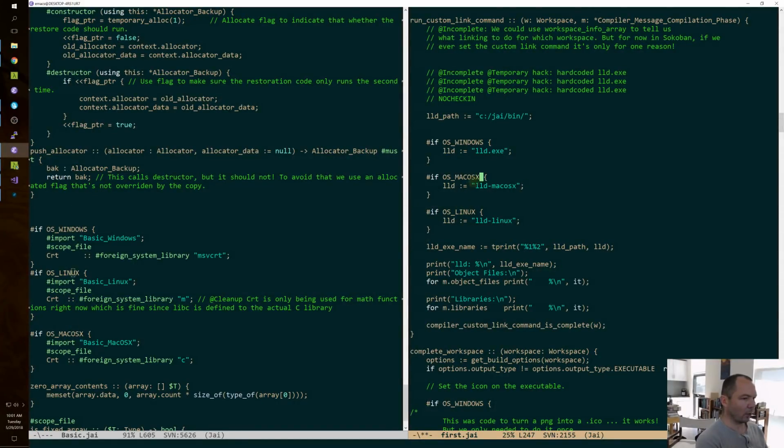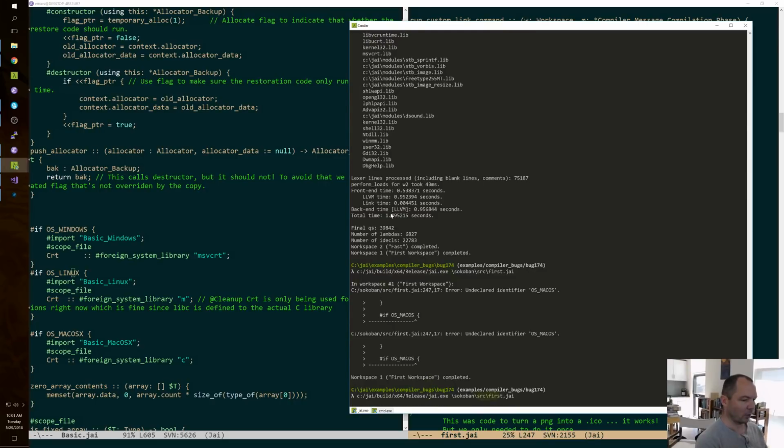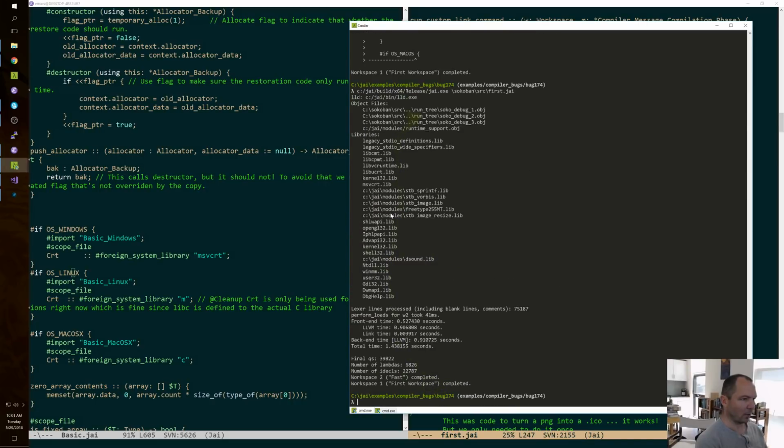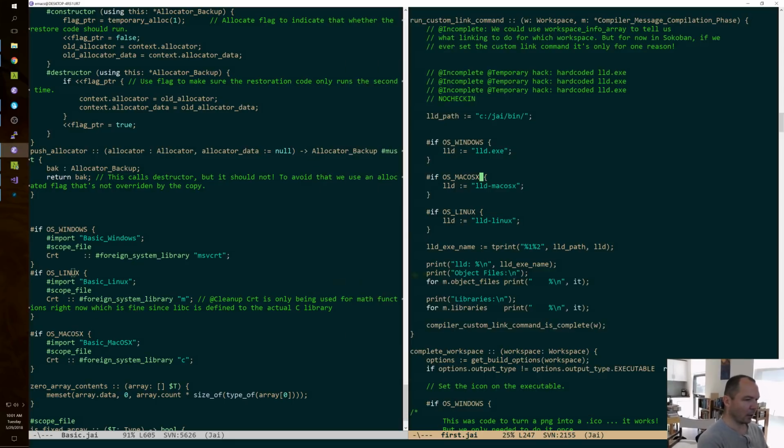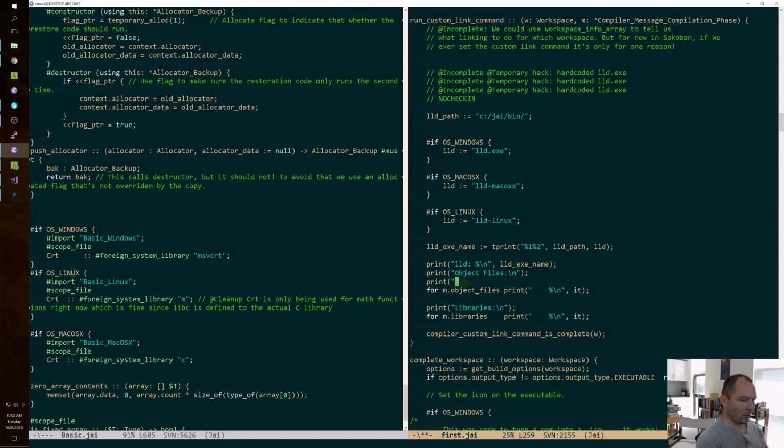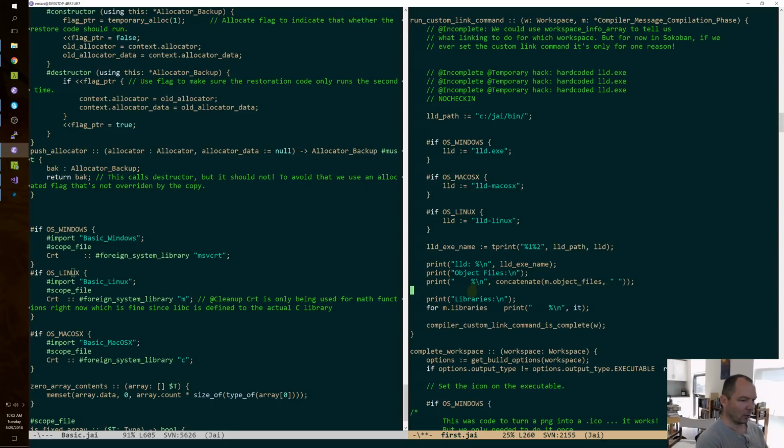OS macOS, because it's OS macOS X. Okay, LLD, object files, libraries. Okay, so now I'm going to say print %new line concatenate m.object files with a space, right? And then for libraries,